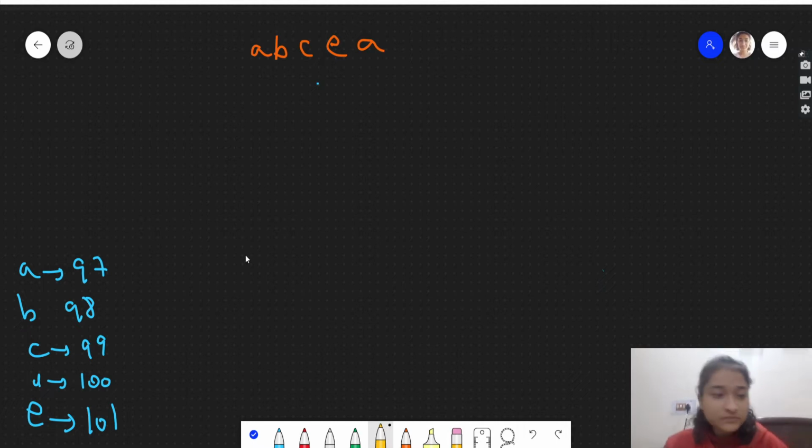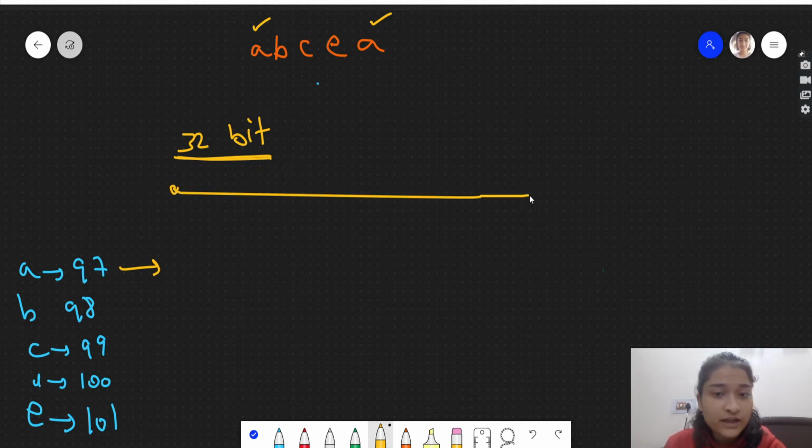Now we need to know somehow that a is repeating twice. We know that we can have a 32-bit number, and we can represent numbers in 32 bits.